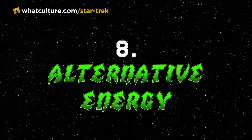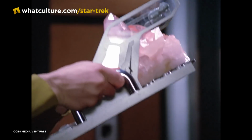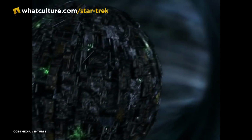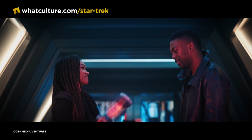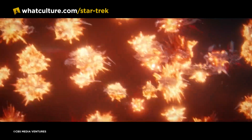Number 8, alternative energy. Small little technical factoid for you here. Pretty much every ship, every organization, everything in Star Trek, uses a dilithium-based warp drive. We know that the Borg use transwarp, but everybody else, they mine dilithium crystals and they use it to power warp drives. Well, almost all of them, except the Romulans. Which, before we go on, should have meant that they were completely immune from the whole thing that happened in Discovery, because they didn't use dilithium crystals in their warp drive. So if all the dilithium crystals in the galaxy exploded and blew up all these ships, they should have just been stood there going,